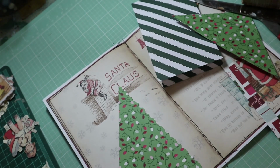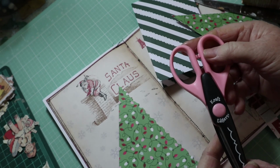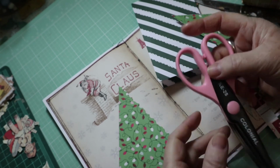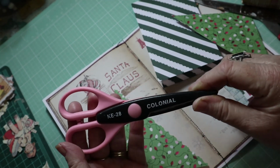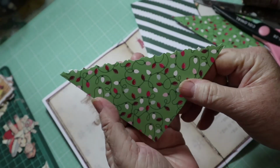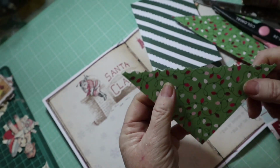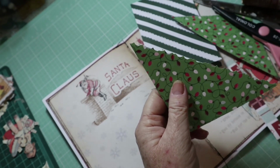And some of these don't work as great, but these are Kraft Eggert. And this one is called Colonial. KE28 is the number on it. And it does a pretty good job. And it's got like that little colonial edge on the edge of it to put in there. Now, I am going to use a little bit of...